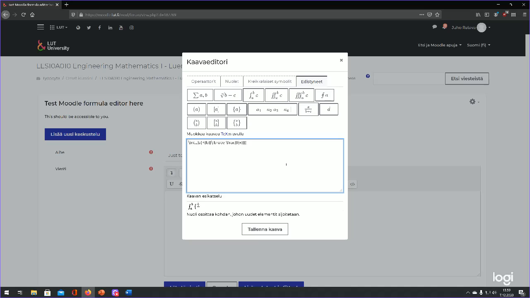So fx and gx, and I'm gonna do a right brace here, and I'm gonna add power. It's a power of 2. And now this should format in such a way that we've got